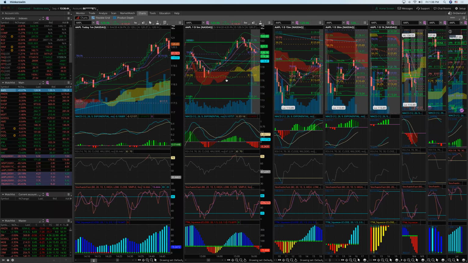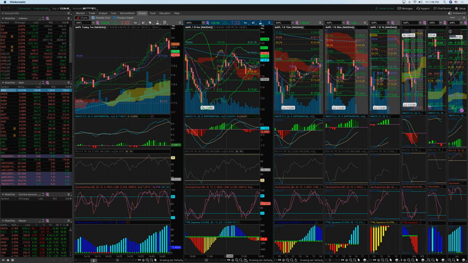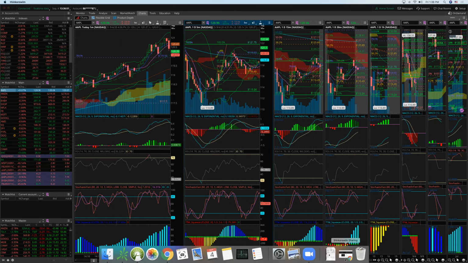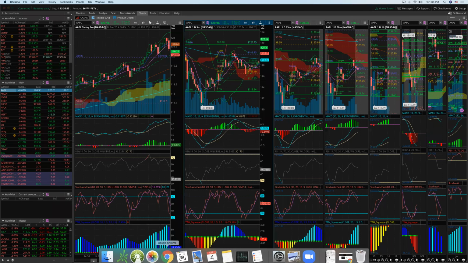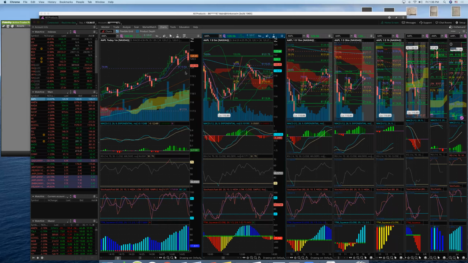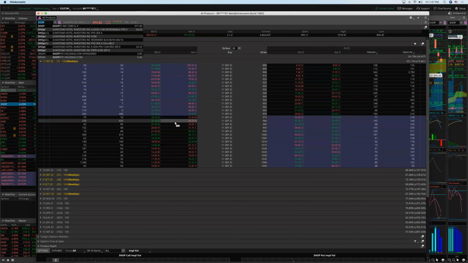Keep in mind, always in options, you want to use the round numbers, they are the best. Why? Because when you want to buy and when you want to sell, you want the option to be very liquid. So for example, let's look at SHOP. SHOP is one of the worst, just look how wild it is. Like it's 30 and 37. Let's say you buy at 35 and then you want to sell it. If you want to sell it, nobody's going to pay you more than 30 or 31, 32. So you're going to end up losing money.